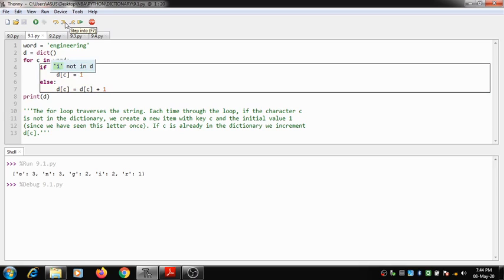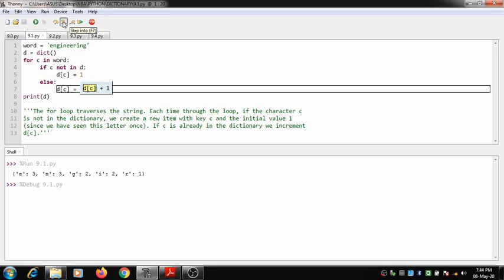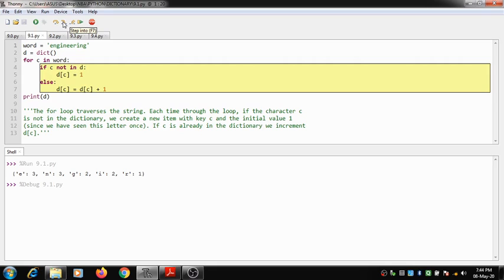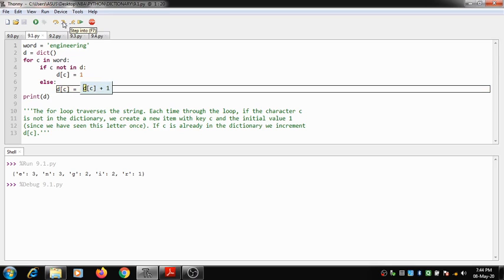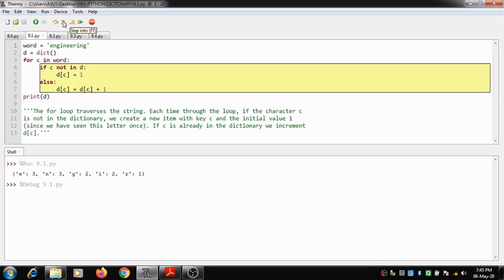The next character which appears is I. So already we know that I has appeared previously, so this function is going to return me false. I go to the else part, I increment the value of I to 2. Okay, now I value becomes 2. Next character is n. So n has also appeared before inside this dictionary, so this function returns me false, and the value of n increments to how much? 3. Okay, so this is how we traverse.